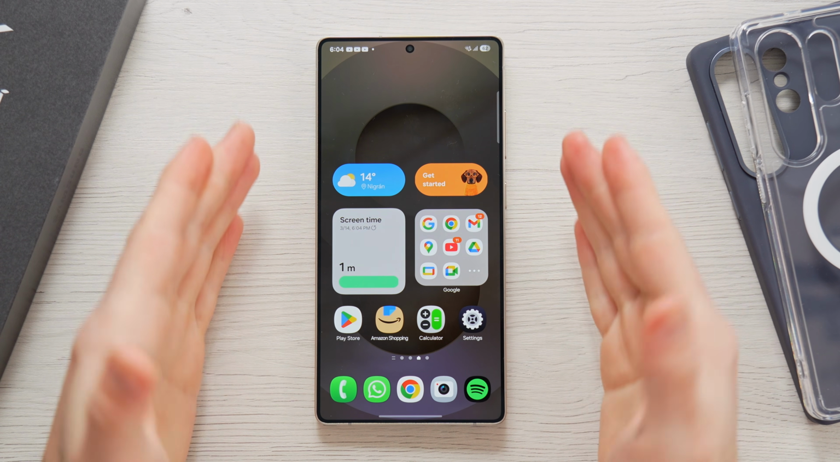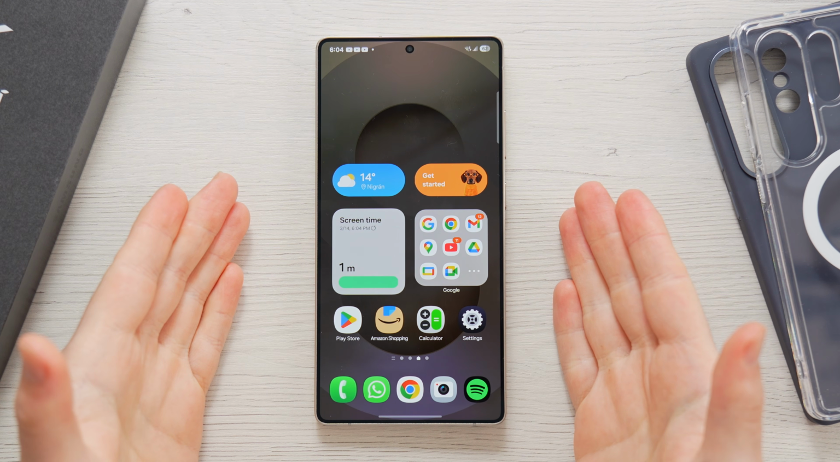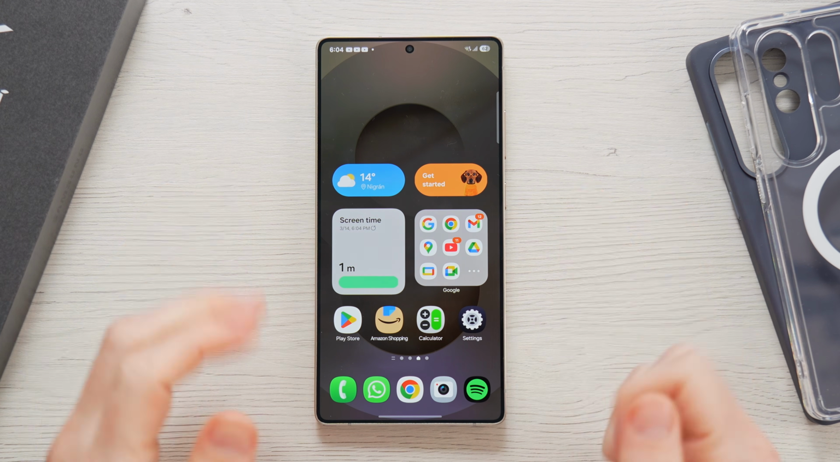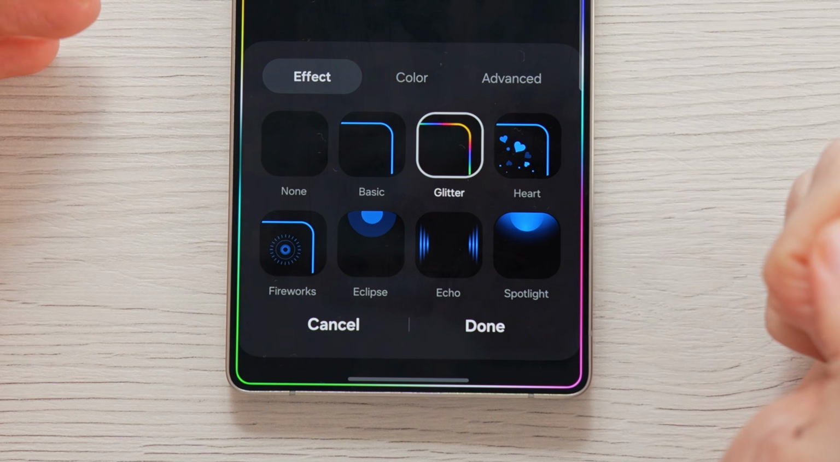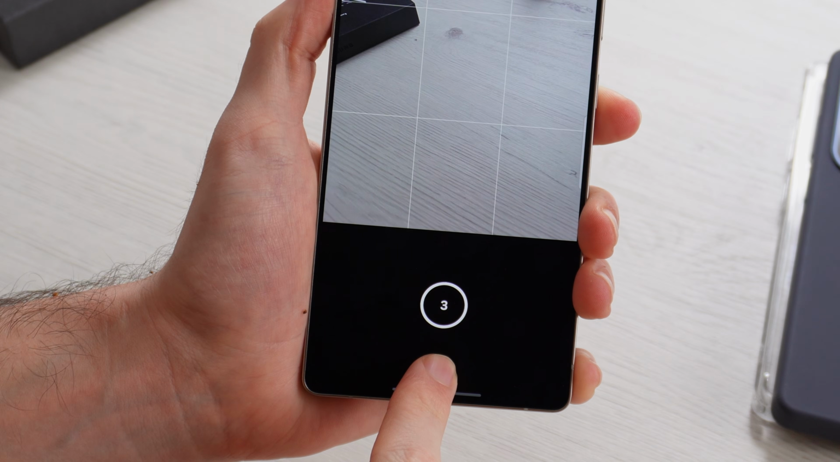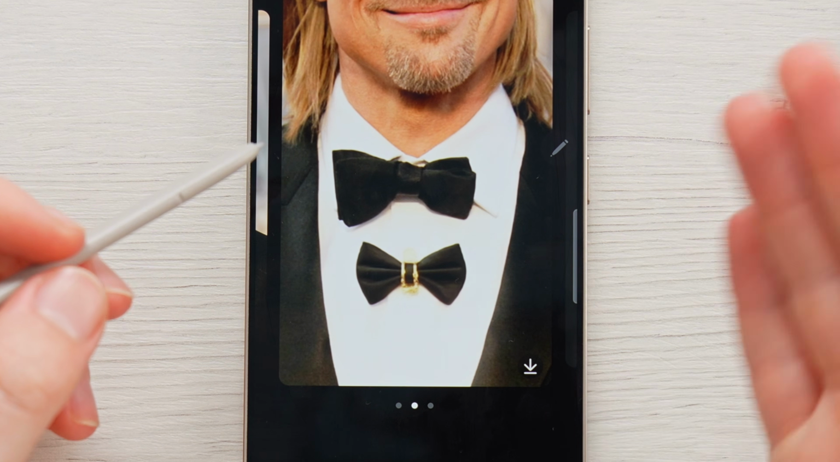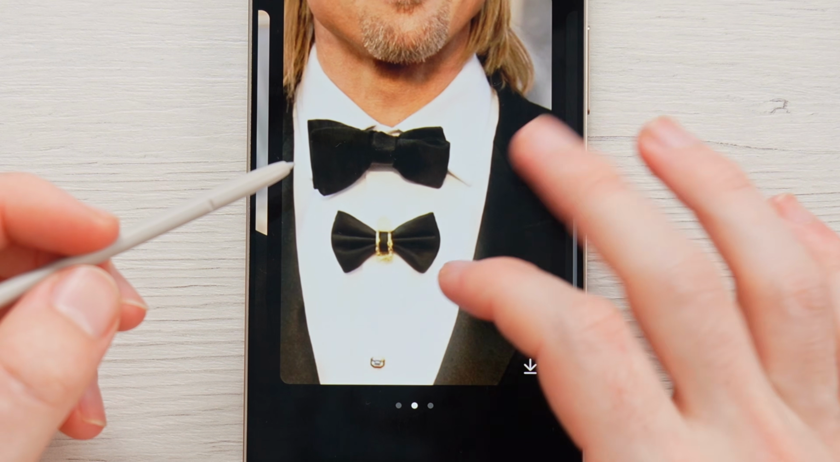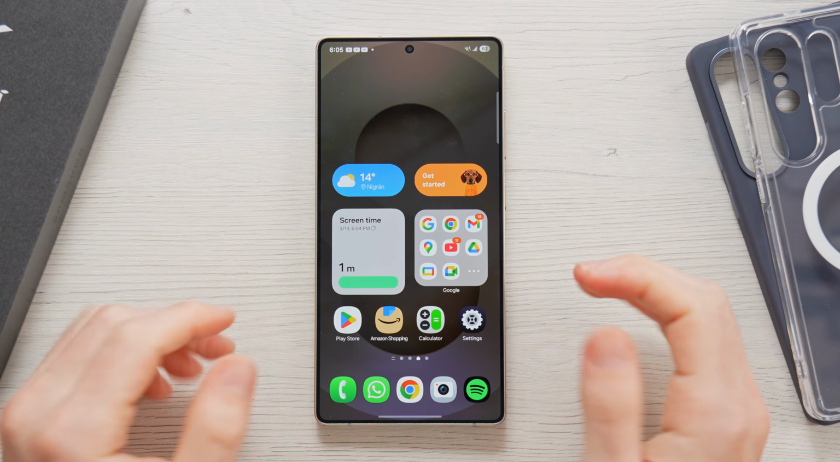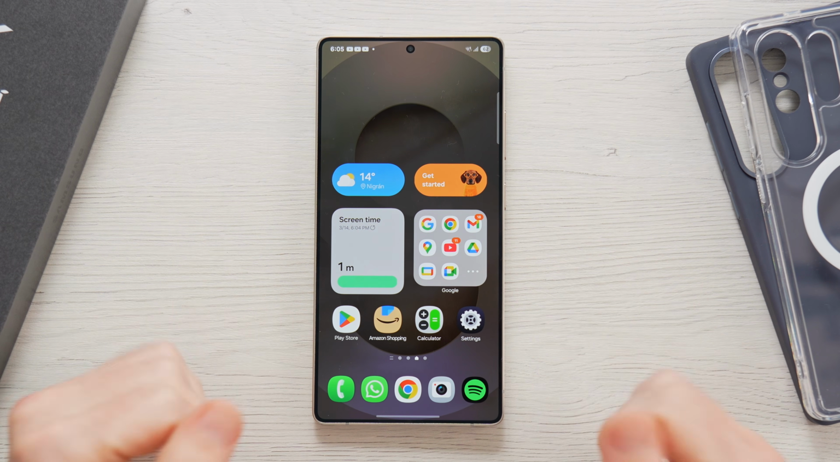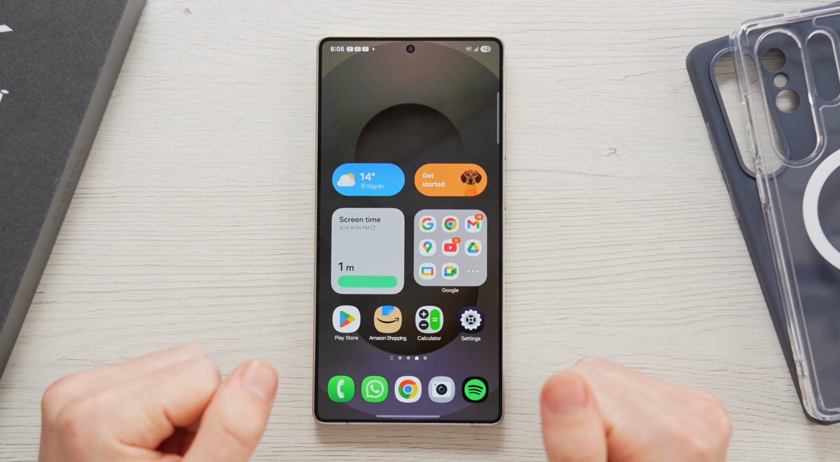137 features for the Galaxy S25 and S25 Ultra. We of course have customization features, we have new improvements, performance optimization, and because it is 2025, we also have a lot of AI functionalities. In fact, that is going to be the first portion of this video, all of the new AI features available